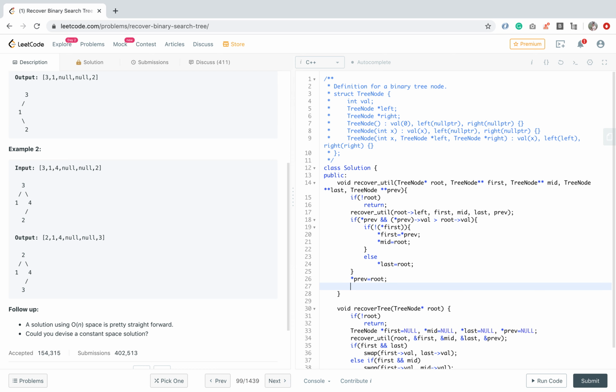Then as it is in order, we have to traverse the right subtree, and we just have to pass all the parameters.